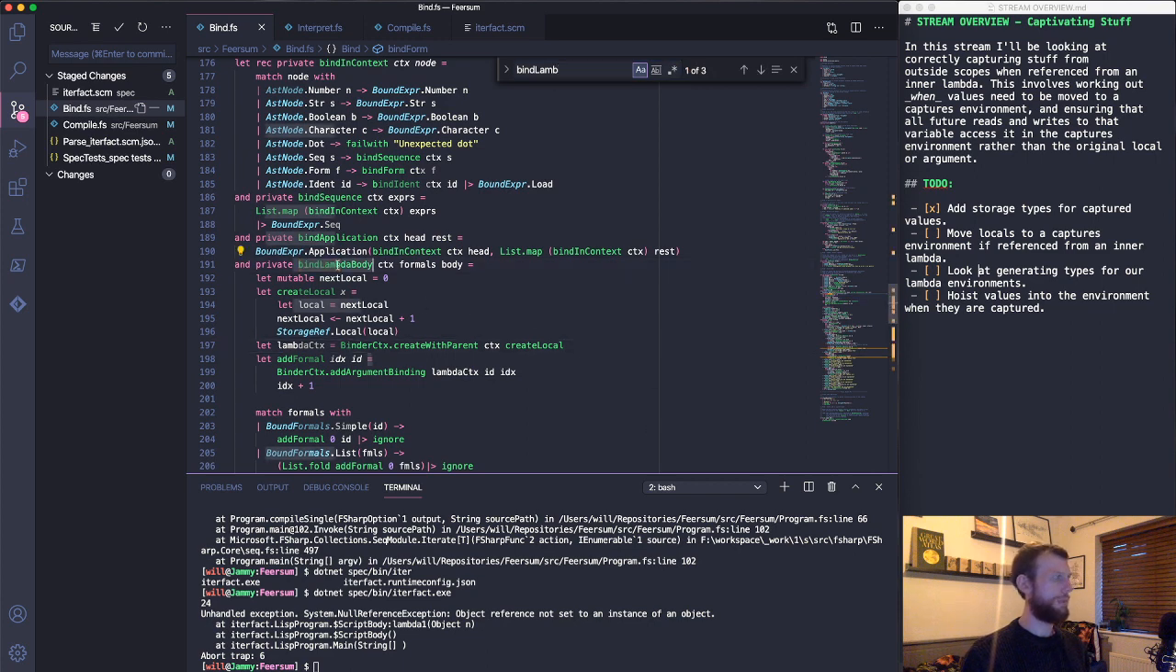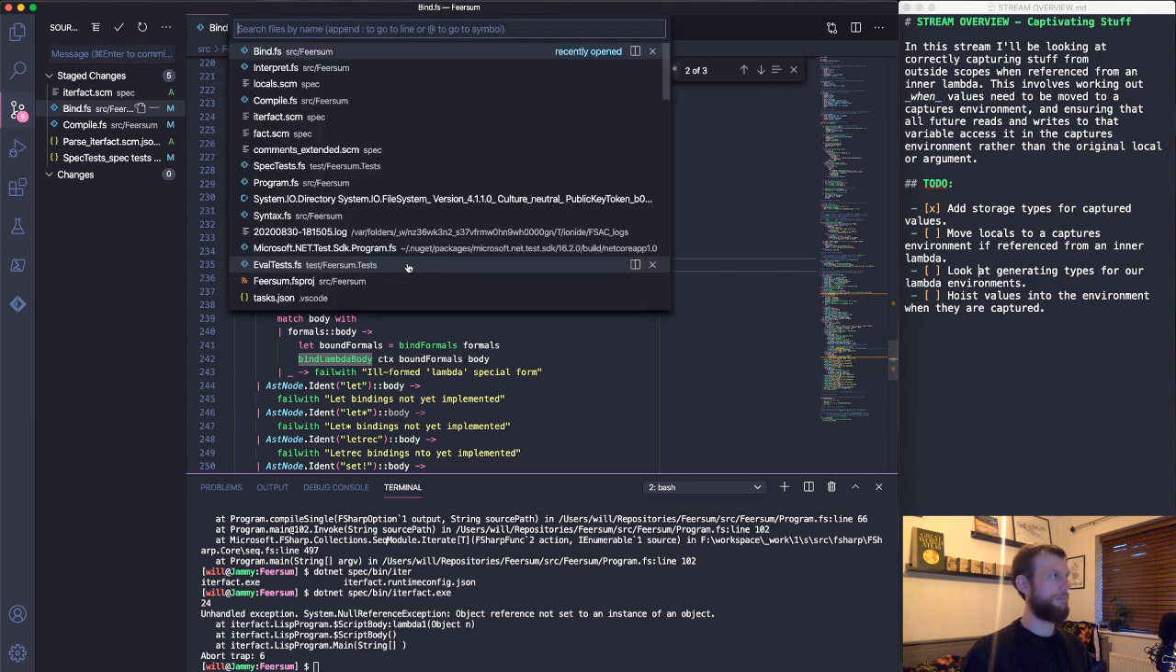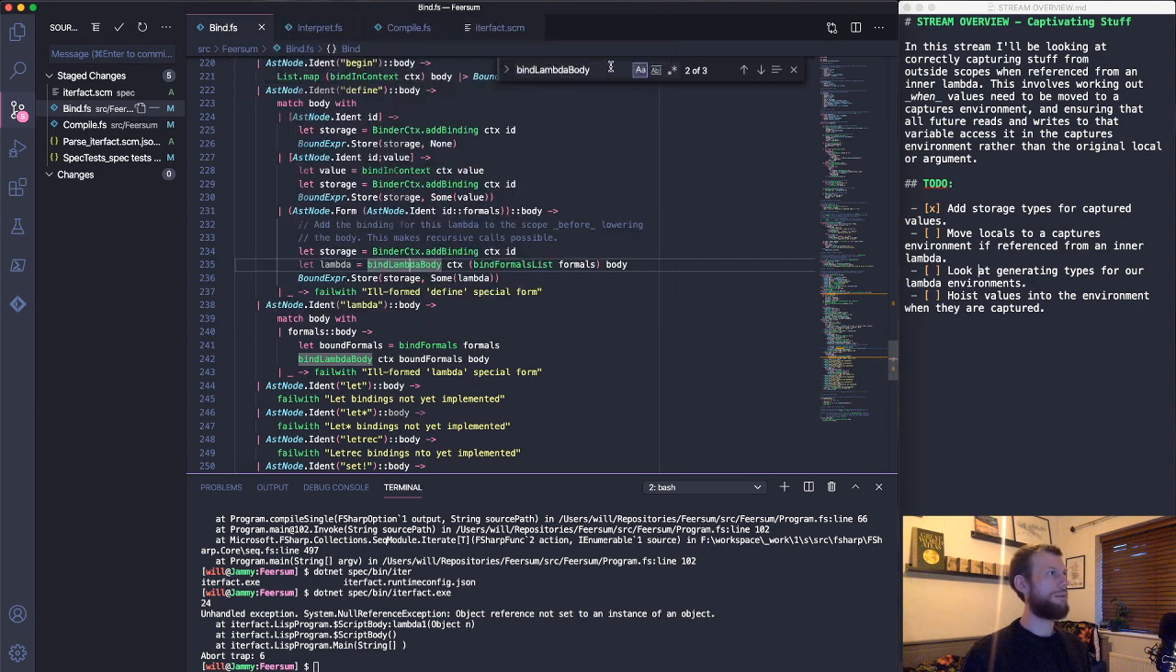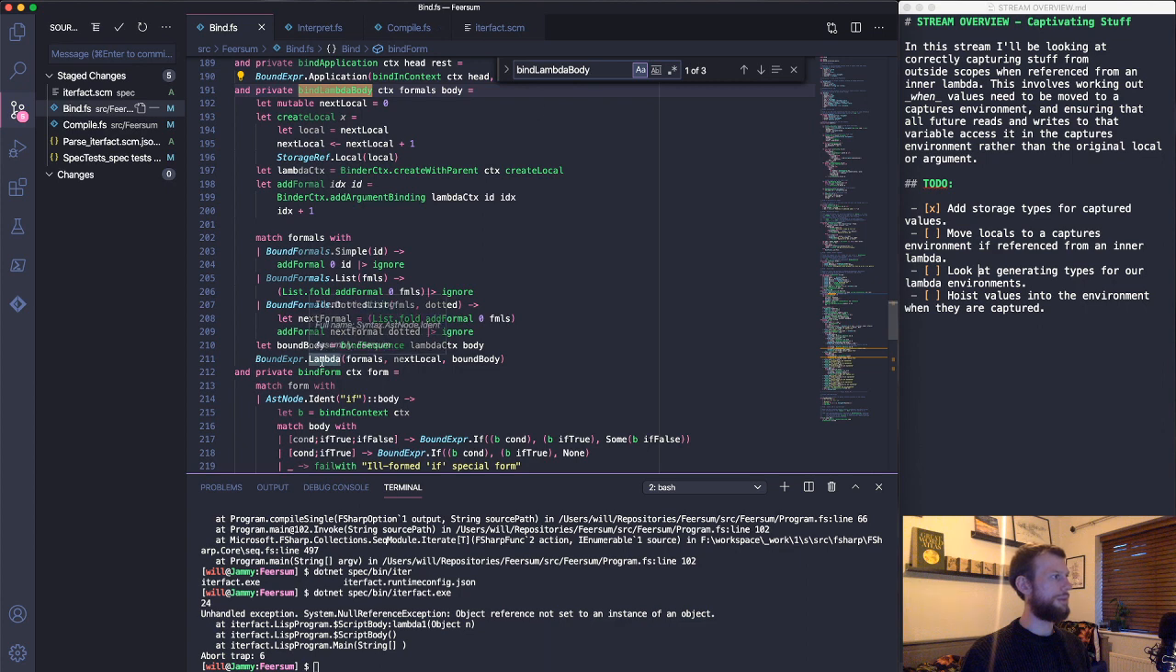Bind lambda body, but where does that get called from? We call it from define and lambda. So the body of a lambda at the moment is a bound expression of lambda. We've bound the sequence for the body, we've bound the formal parameters, and we keep track of how many locals there are. So a lambda also needs to keep track of